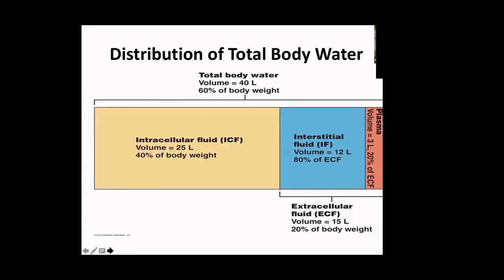Of this, only 1/4 is plasma. So only 1/4, that is 20%. Here a sodium disorder will be reflected. But as you can see, of the total 40 liters, it only tells about 3 liters. That is, it would be hardly, I think, 1/8 or something of this. So it is a very negligible amount.